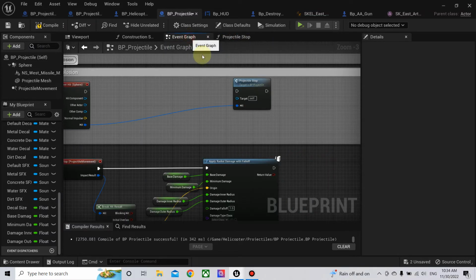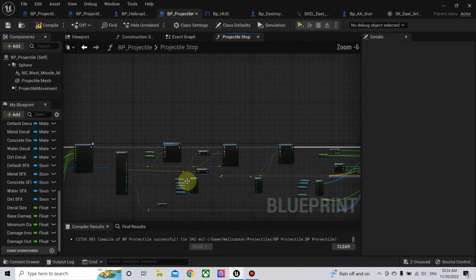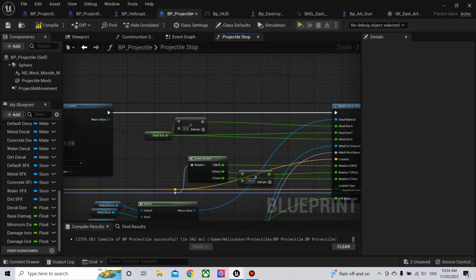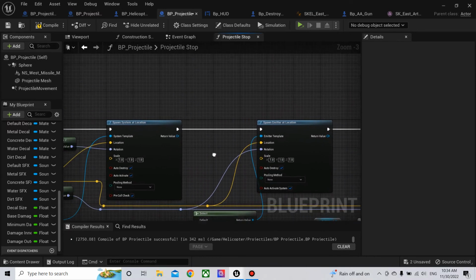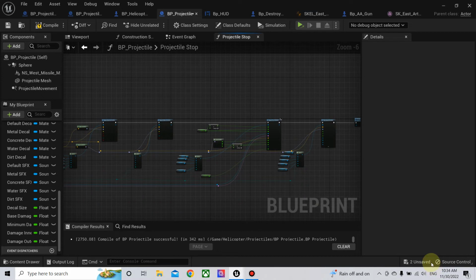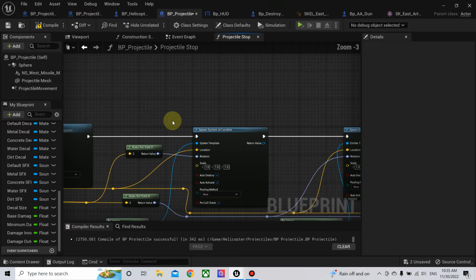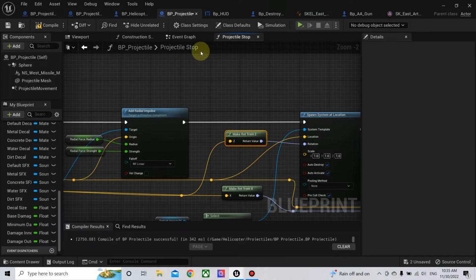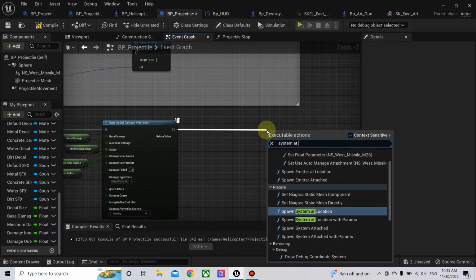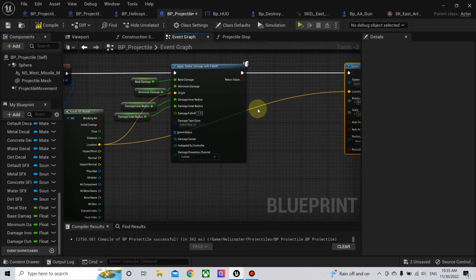Also, in the old video that I showed you how to make the projectile, we implemented the emitter system at location, and decal. This is for another video I'll make in the future. I will show you how to make impact effects, different for every surface. Now spawn system at location for the Niagara effects